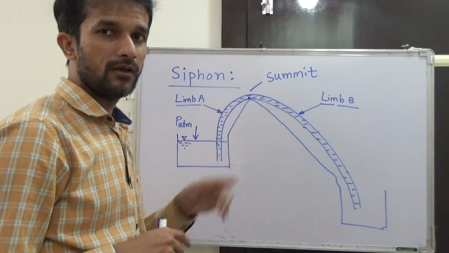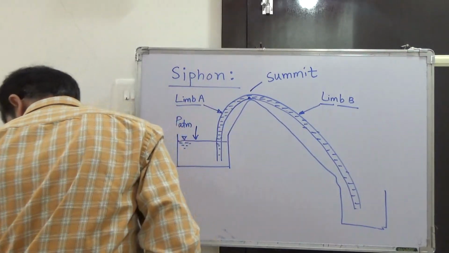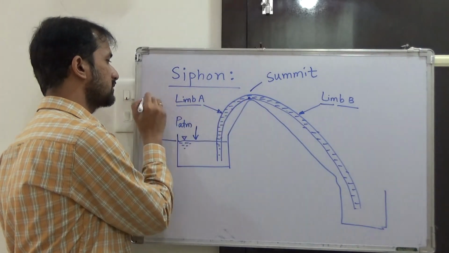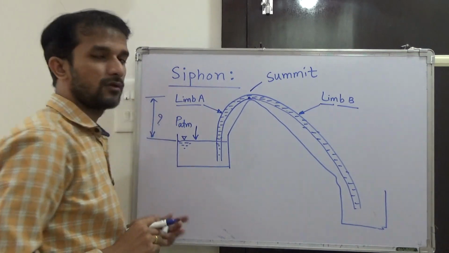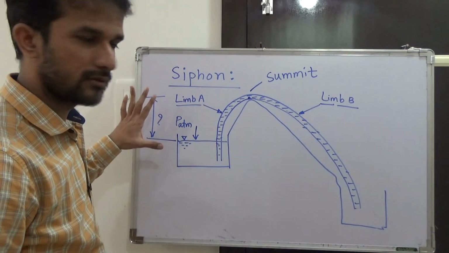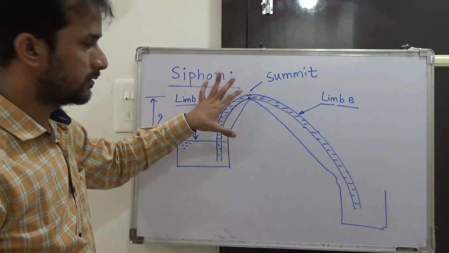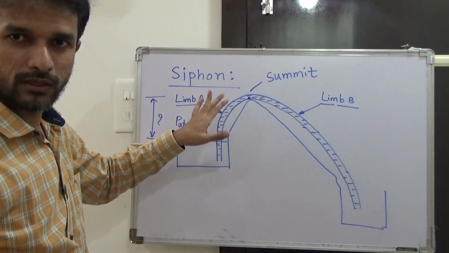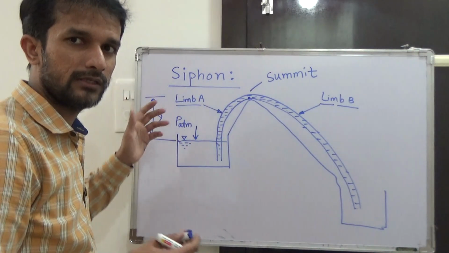Now one important point is what should be the height of this hill. In many university examinations they ask what should be the maximum height of this hill to keep the flow. Means if I keep the height of the hill as, let's say, 1 kilometer high, it will not work. Okay, it has certain limitation. This height has certain limitation. What is that limitation? That we will discuss now.